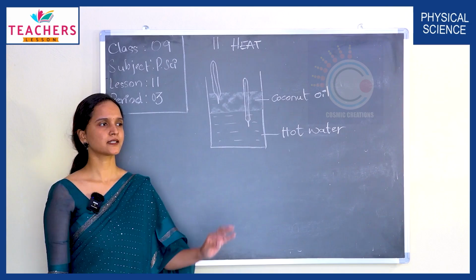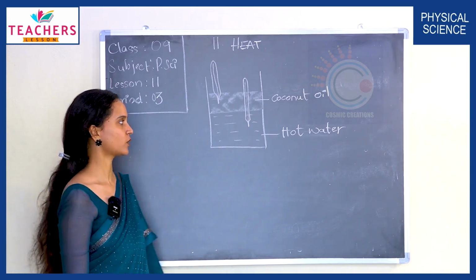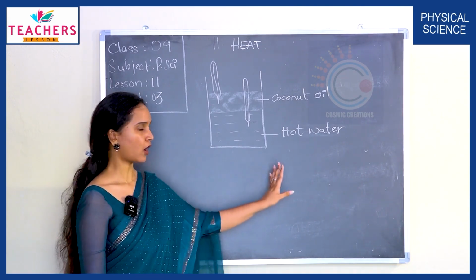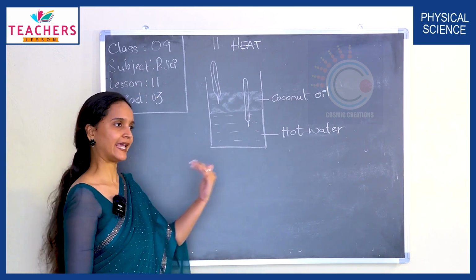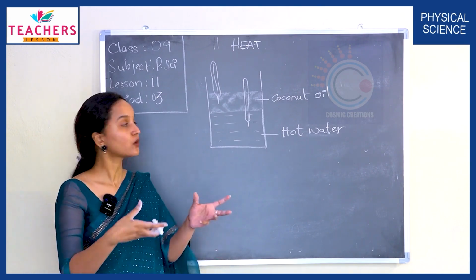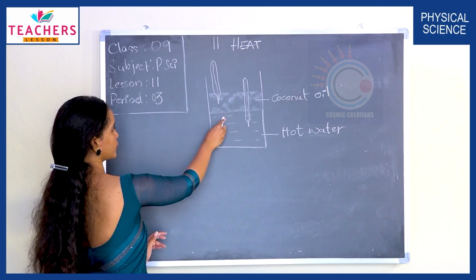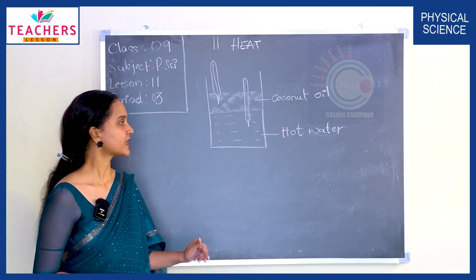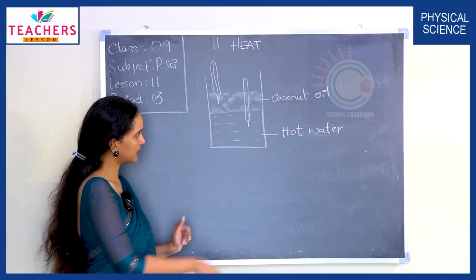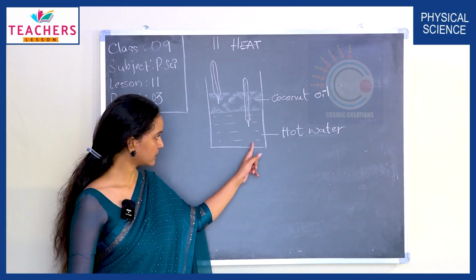Alright. Now let us understand these concepts a little better using this experiment, alright. So what do we have here? We have a beaker. Let's take a beaker and fill it with hot water. Okay, and then carefully on top of the water, let's pour a layer of coconut oil. Alright, so care must be taken that these two shouldn't get mixed. Okay, so now what do we do? We immerse a thermometer in oil, in just the oil, right? And one more thermometer in water.